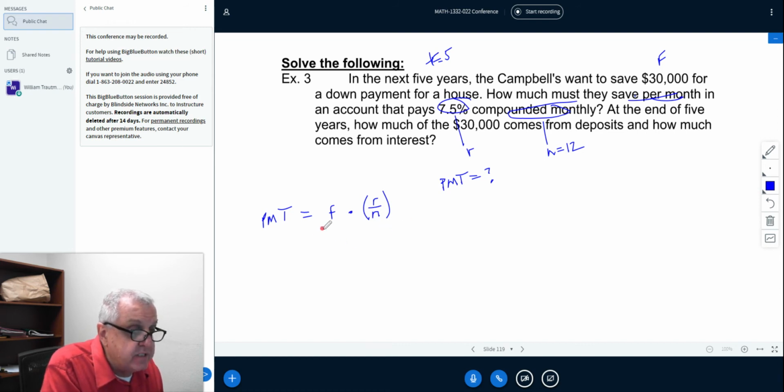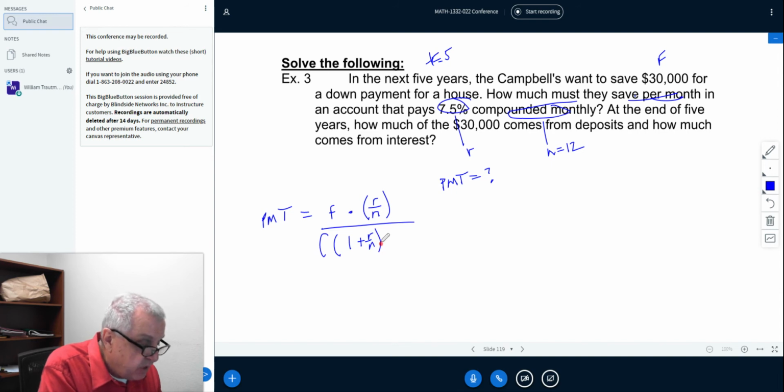And then it gives us 2 parentheses, 1 plus R over N, raised to the power of N times T, and then we have a minus 1. The parentheses make all the difference here. So our future value, we want to have $30,000 in the bank. The interest rate is 7.5%,